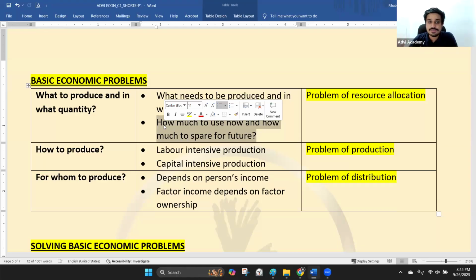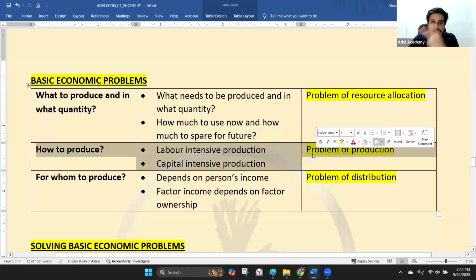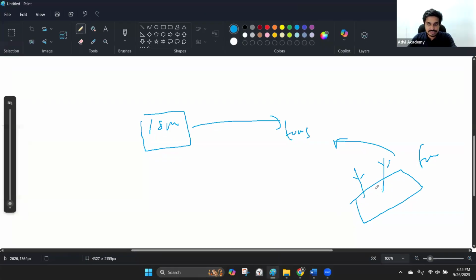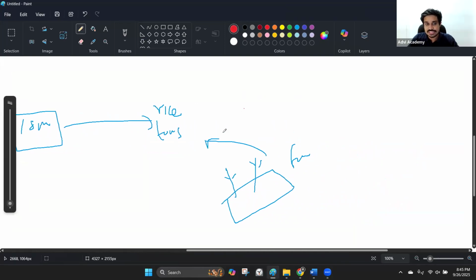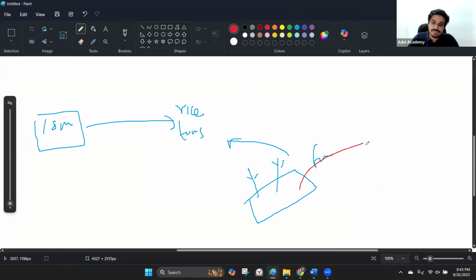Okay. Next, we come to the problem of how to produce. There are two main methods to produce. In this same rice example, if you're the president, there are two ways to produce this rice. One is, in the farm itself, we can use a labor-intensive method. What is the labor-intensive method? Telling the farmers, you all go to the paddy field, put the seeds, plant it, and take buffaloes and bulls to plow the fields. That is what we call labor-intensive farming.